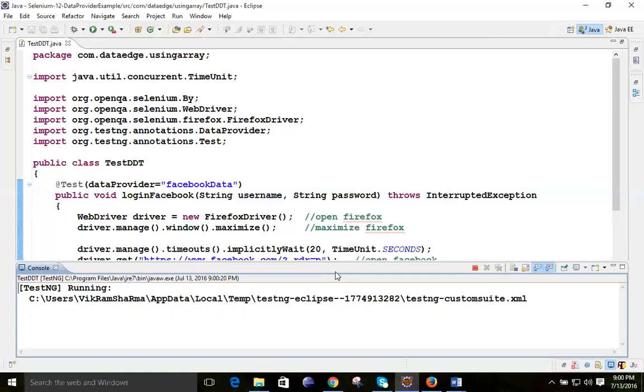And we have passed 3 different username and password sets, so it is going to open the browser 3 times. Wait for some time.